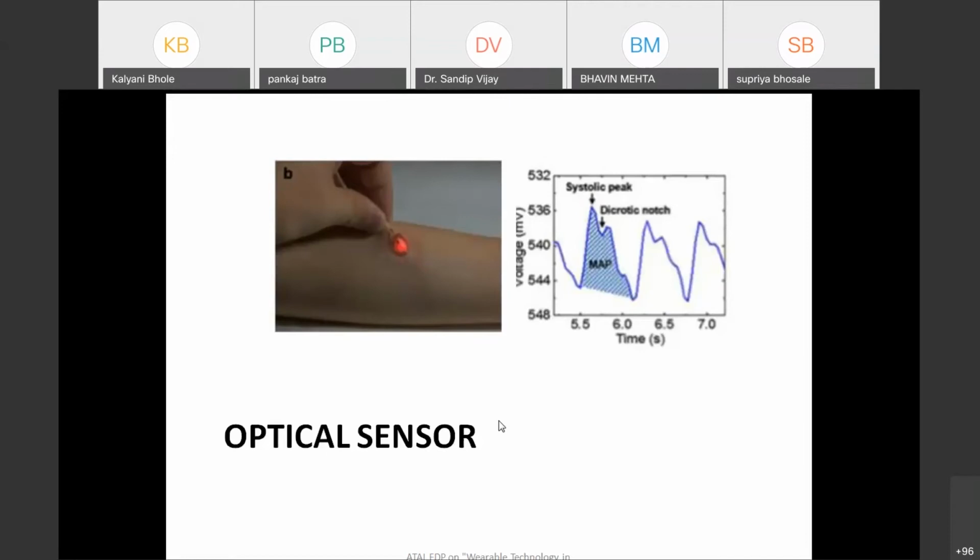At the tip of a finger, what is changing there is nothing but the blood volume which is coming in and going out. The only change in that case is the blood volume. So that small change in the blood volume can be detected by using optical sensors, by using that IR transmitter and receiver. And in medical terms, we call that signal a photoplethysmograph.